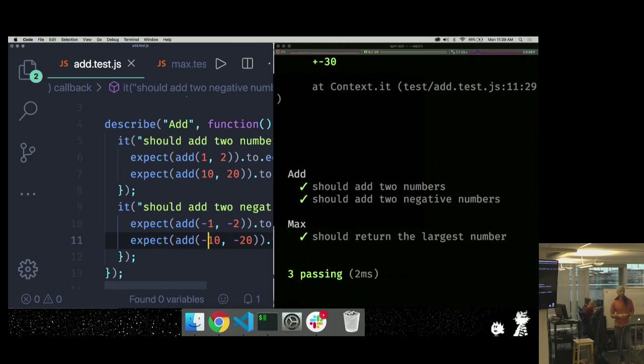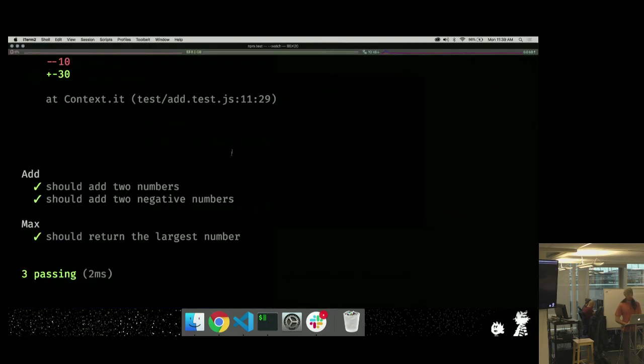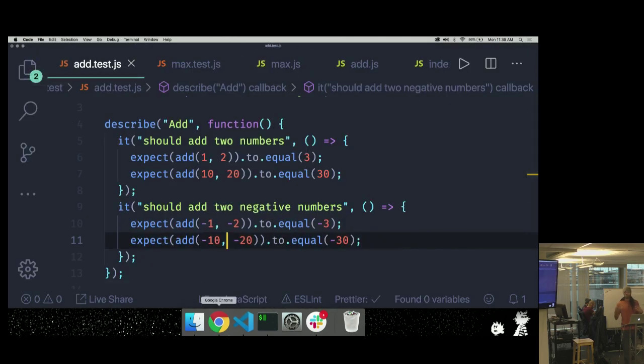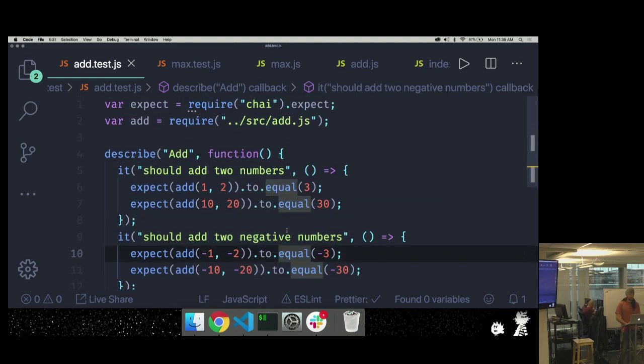Nodemon's cool, but this is where it's at. Okay, so I'm going to go back, but just know now, every time I change my code, my tests are running, and if you hook into one of these monitors, it's really easy to have those things side by side and just get addicted to it. Better than coffee. Okay. Test passing, better than coffee. I don't drink coffee though, so